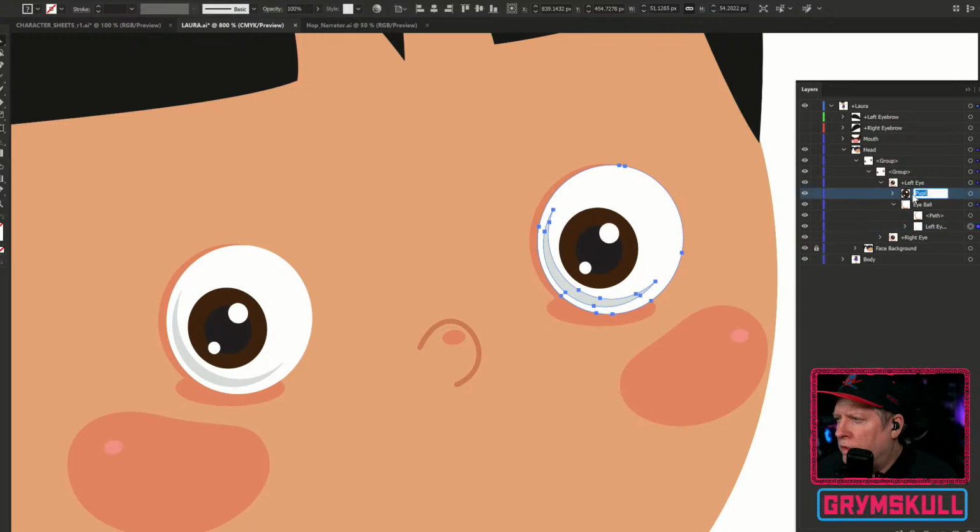I'm going to say this is the left pupil. And then this last bit of path there is the detail. This detail. So in the group. Okay.